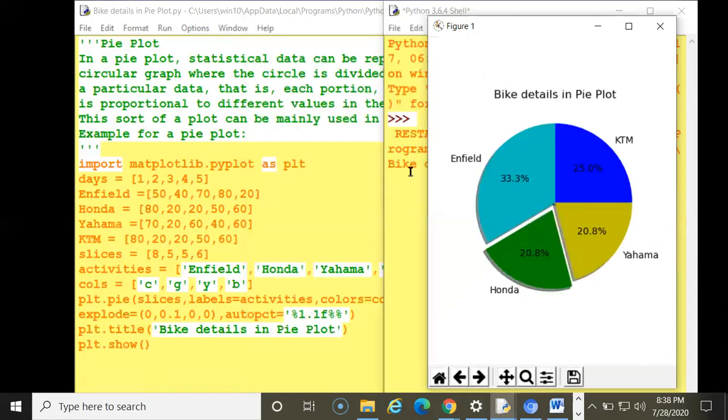So you can view here. See, these are the pieces I have given here. This is the explode, which is shown in this. This is the explode which I have given here. This is the autopct, which is the pieces being removed from here. So this you can do here. Beautiful charts you can create. In data visualization, in a few lines of code you can create a beautiful chart.